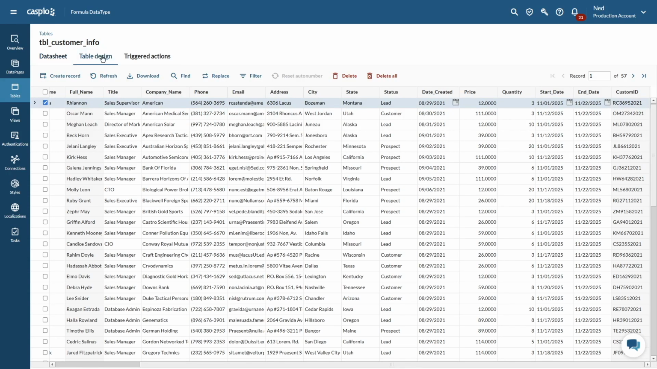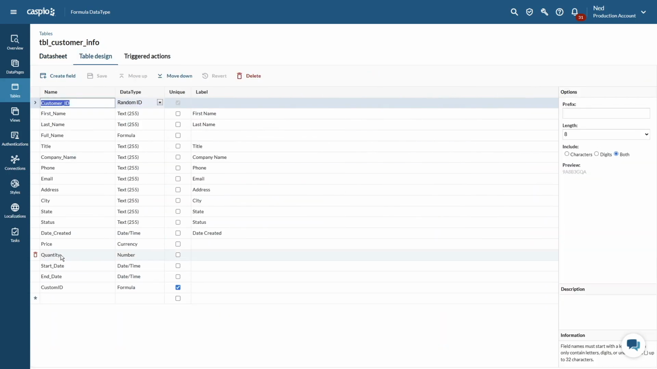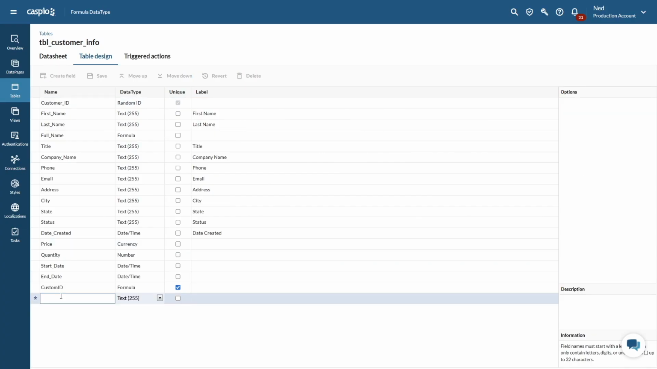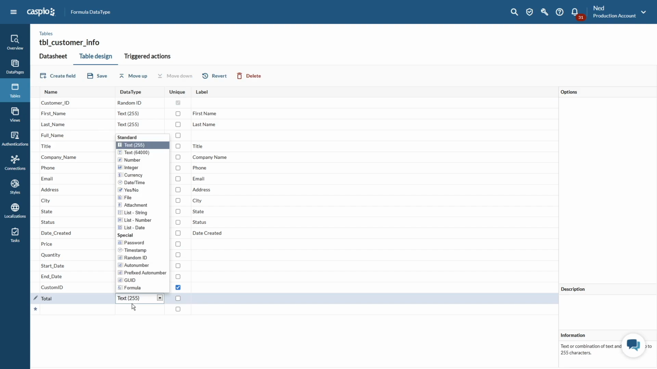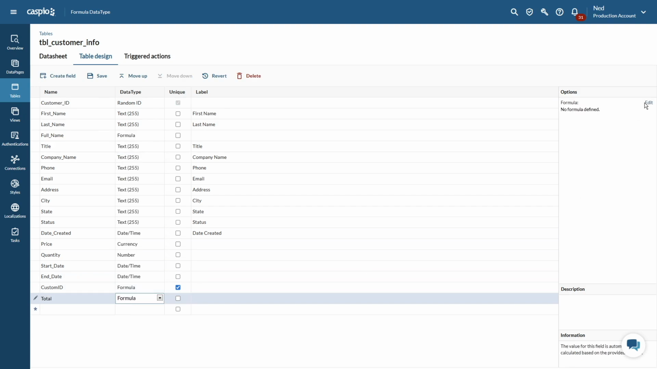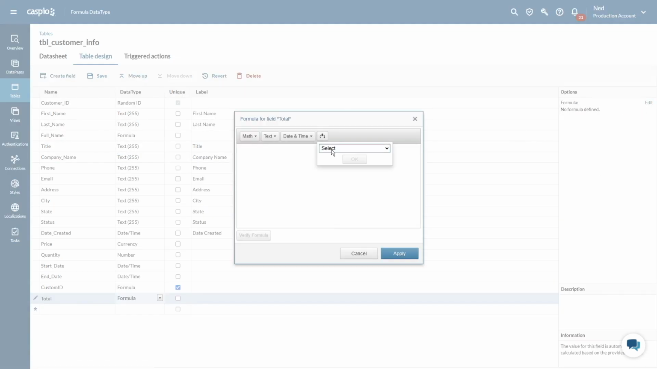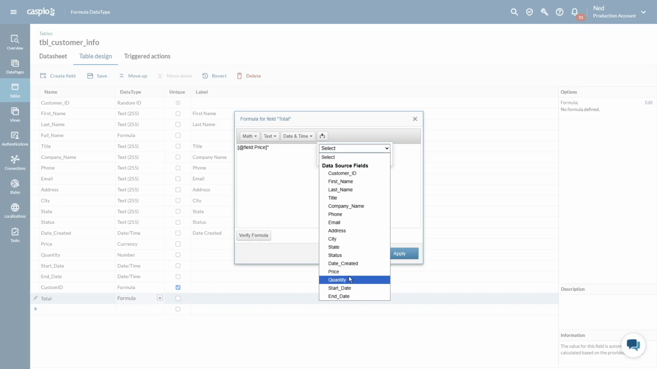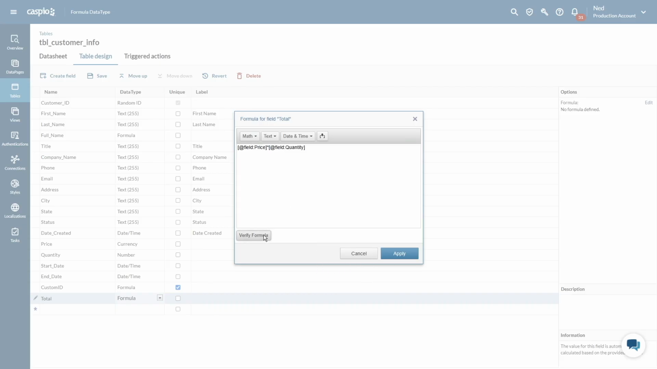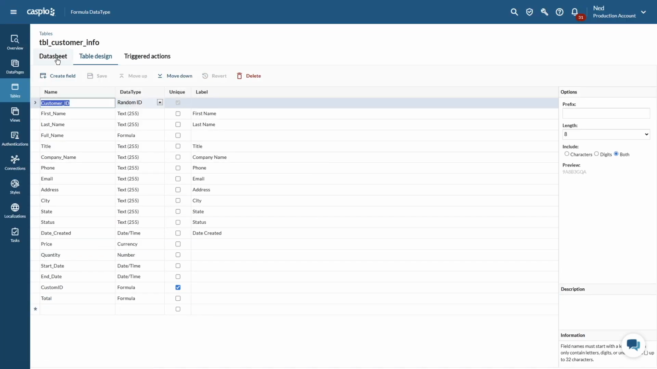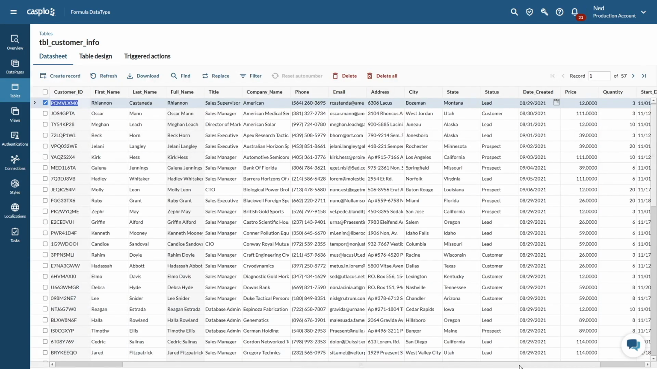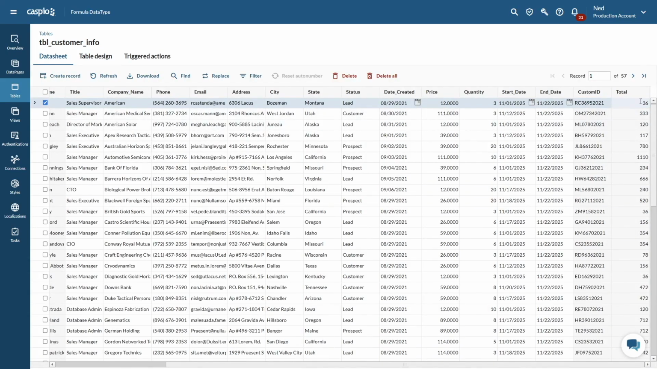Next, let's take a look and see how we can calculate the total between the price and quantity. This is a very simple calculation. I will simply call that field total. We'll grab the formula data type, click on the edit link, grab the field price, add a times attribute, then insert the quantity field, verify the formula, it looks valid, I will hit apply, hit save, and now when we go back to the datasheet tab and we scroll to the right, you will see how we grab the total